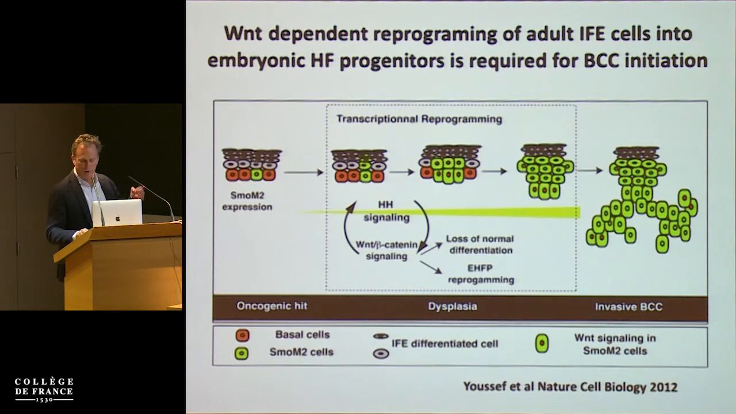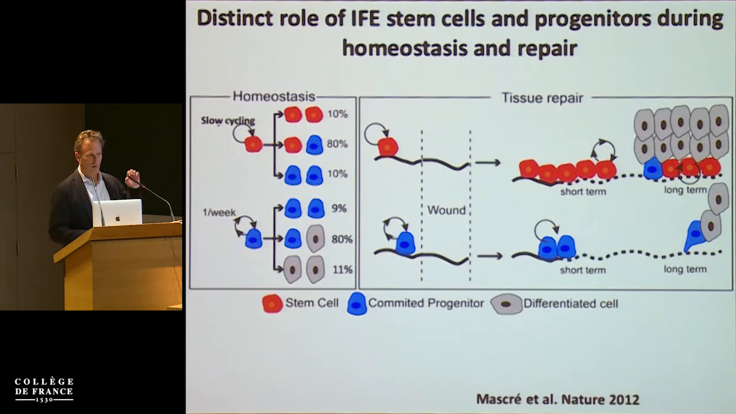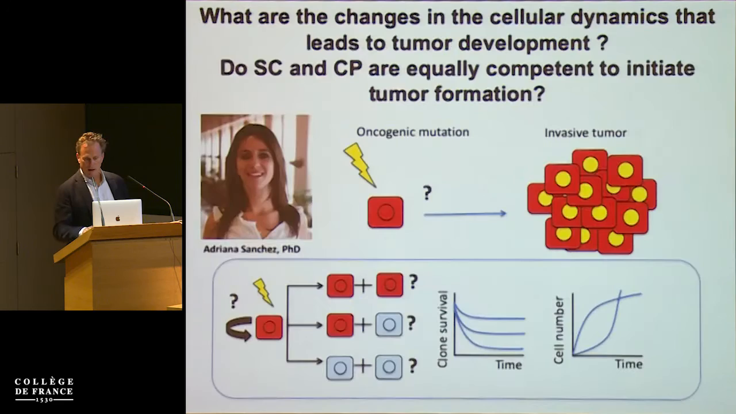But then another question arises. We have shown previously that the interfollicular epidermis is maintained by two types of cells, the stem cell and the progenitor. There are slow cycling stem cells and rapidly cycling progenitors. And most of the maintenance of the homeostasis of the skin epidermis is mediated by the rapidly cycling progenitor, whereas wounding is ensured more by the long-lived stem cells. And so what Adriana Sanchez in my laboratory first did